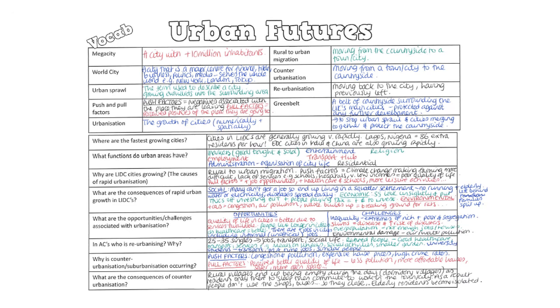And what are the consequences of counter-urbanisation? So we end up with this phenomenon called dormitory villages, which is essentially where the residents are only there to sleep. They then commute to work in the towns and cities in the morning, and as a result there's nobody in the villages during the day. Nobody's using the shops, no one's using the buses, so they close down. And the original elderly residents then become isolated because their services have closed down.